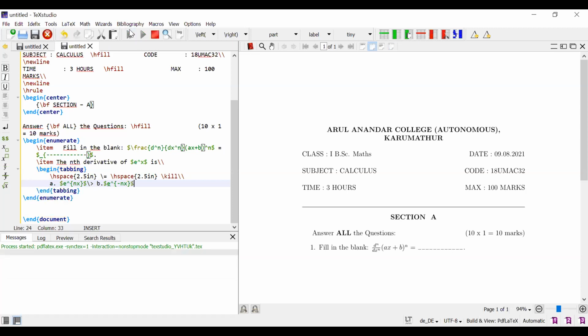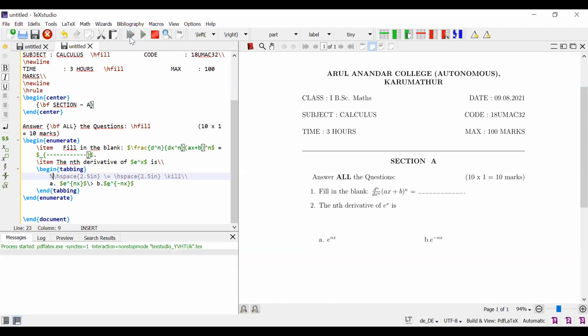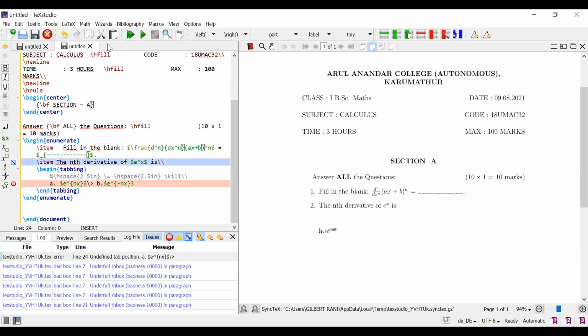See this. Suppose you want to remove the search space like this means you can just put, this is not needed. 0.5 is enough.